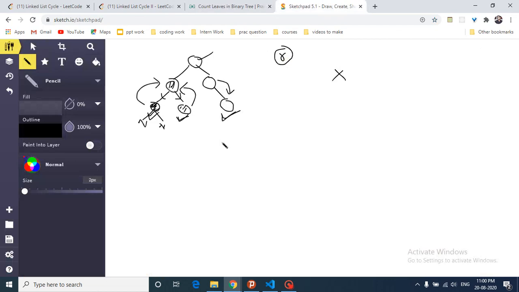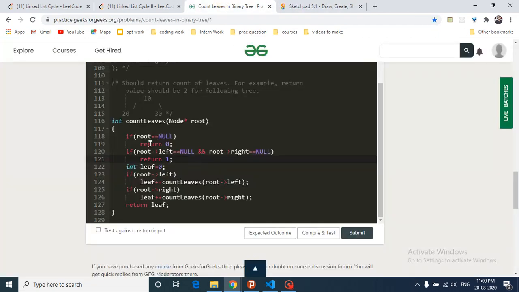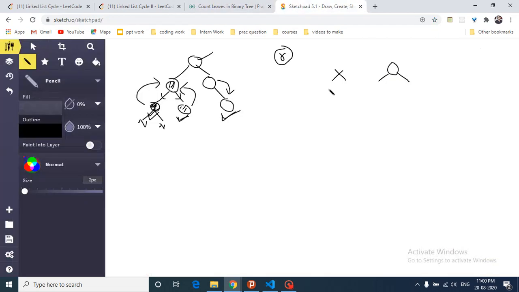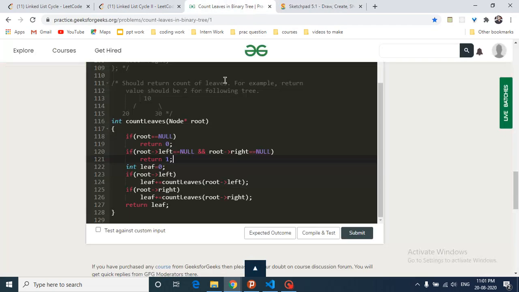Now if this head node is not a leaf, then there will be some left child or right child. Since it is not certain that both the left and the right child exist, you make a variable leaf, and check whether the left child exists.